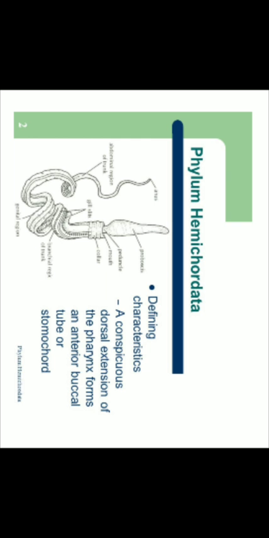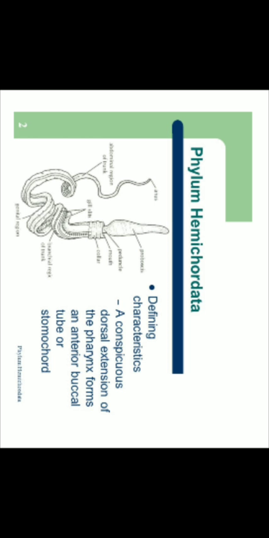These are all marine animals. They are living at the bottom of the sea in burrows, and this is an example. Mostly some are free living, but there are some animals which are totally sedentary and having soft vermiform unsegmented body. The body doesn't show any segments, so we call it unsegmented, and it is divided into three parts. You can check out three parts: proboscis, collar and trunk. So body is divisible into proboscis, collar and trunk.